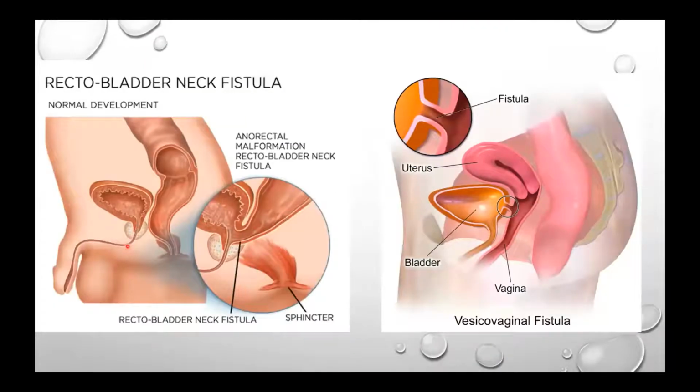This picture depicts a fistula being formed between the bladder and the rectum. You can see the rectum is opening into the bladder here, near the neck. So this is the rectovesical fistula. In females, you can see in the female pelvis a rectovaginal fistula or vesicovaginal fistula, not the rectum. Vesico is the bladder and vagina. So a fistula is a tract formed between the bladder and the vagina. Vesicovaginal fistula.